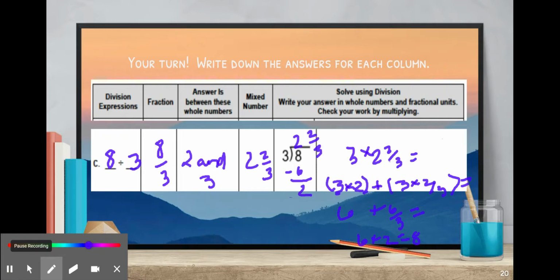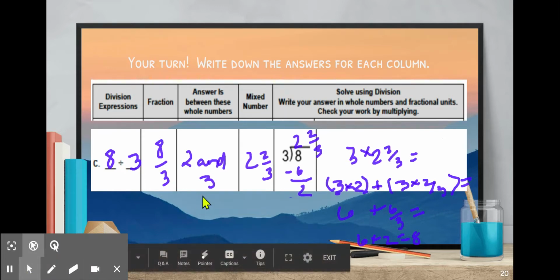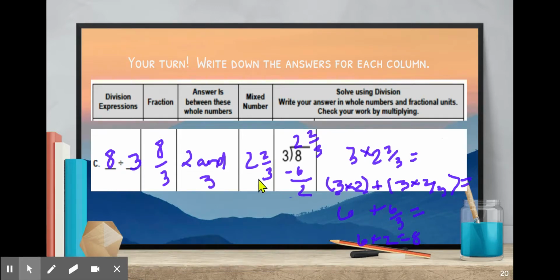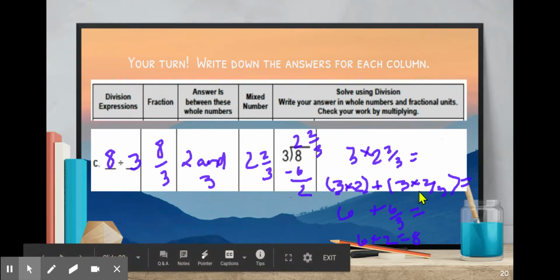Compare your answers to my answers. 8 divided by 3 is equal to 8/3. That is between the whole numbers 2 and 3. That's because the mixed number that is equivalent is 2 and 2/3. Here's how I found the mixed number. 8 divided by 3 is 2 and 2/3. And notice when I